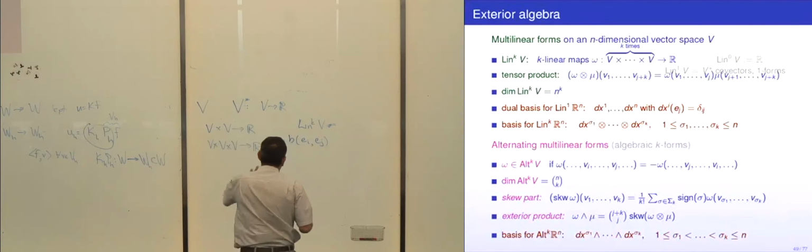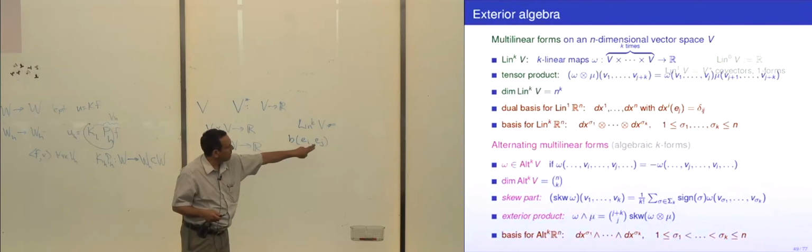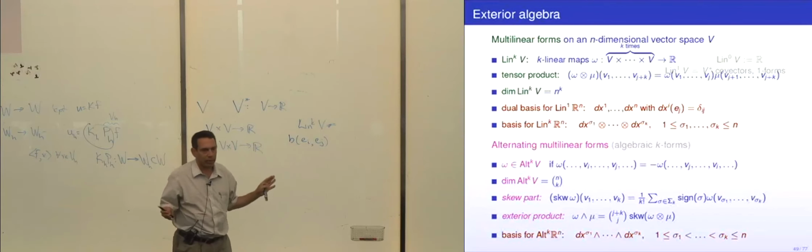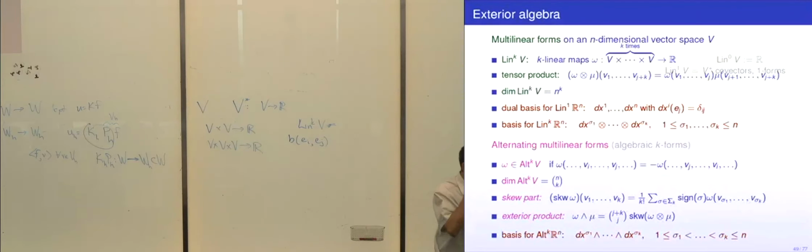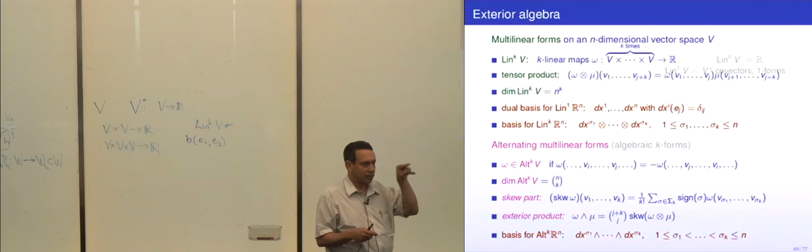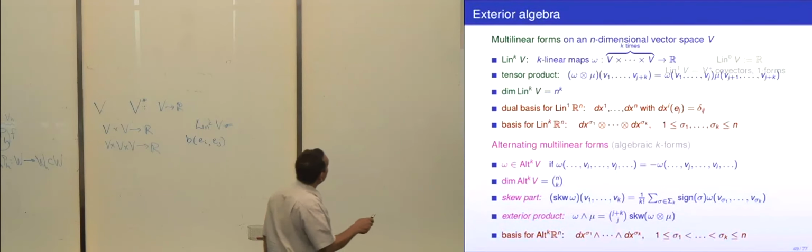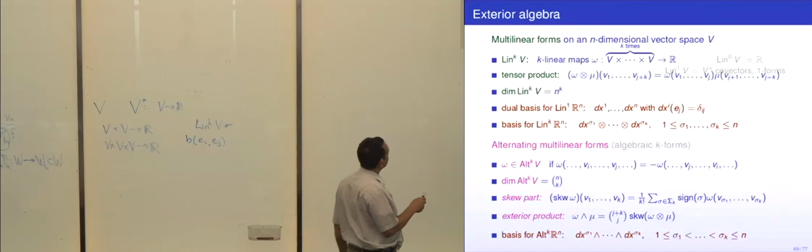Now, on an arbitrary vector space, I can choose any basis I want. R^n differs from an arbitrary n-dimensional vector space in that it has a preferred basis. So when I say R^n, I mean actually n-tuples of numbers, and so there are these special basis elements e_1 through e_n. The color coding here: when I go into this brownish color, I'm saying something specific for R^n rather than just any n-dimensional vector space.